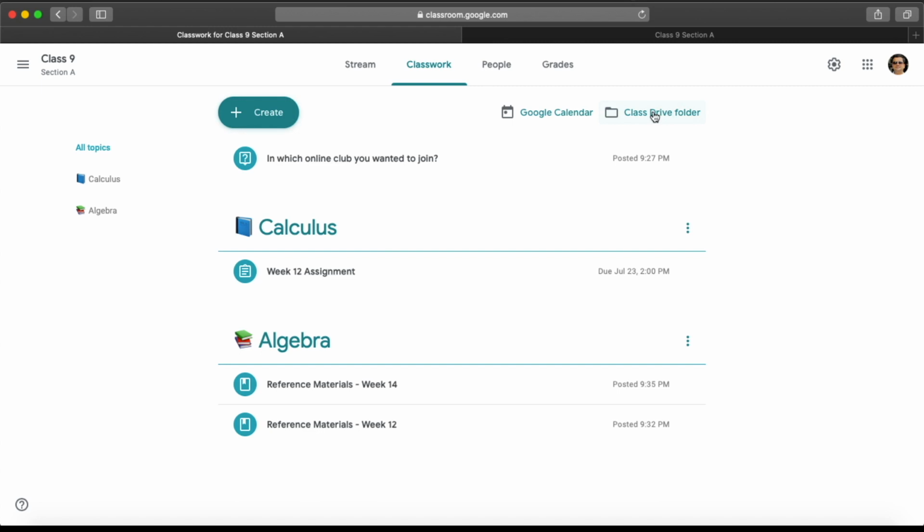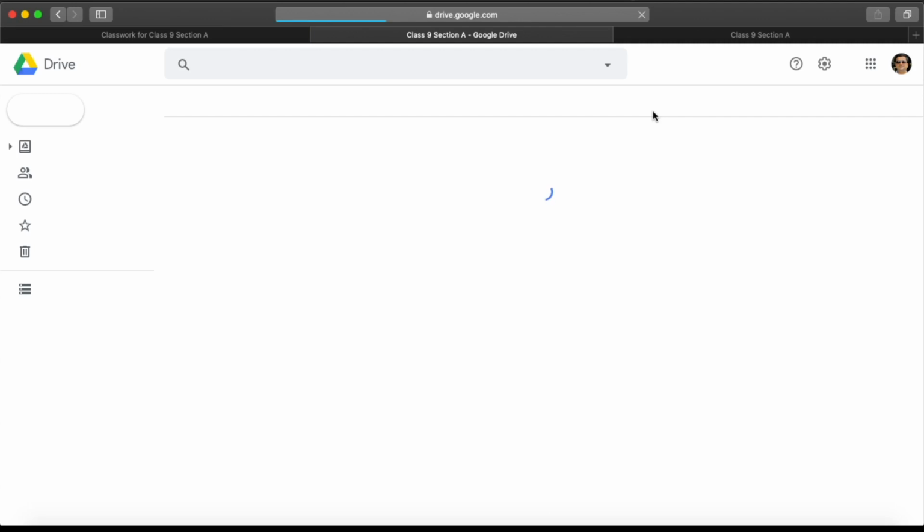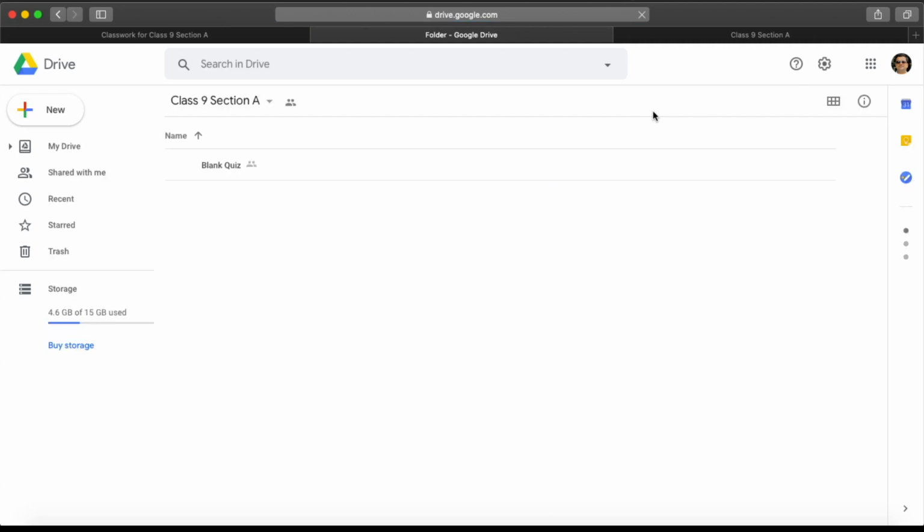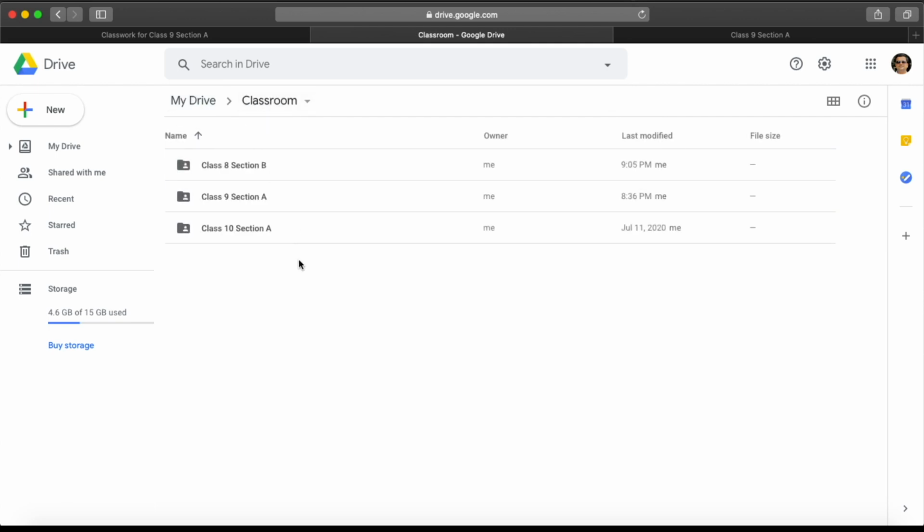If you click on this folder, it will open Google Drive and it will show you the structure inside Google Drive for this classroom. You can see under My Drive, this classroom folder is there. If you select classroom, it will show you all the classes available and which were created using this Google ID. So if I double click on class 9, it will show you that blank quiz which we didn't create.